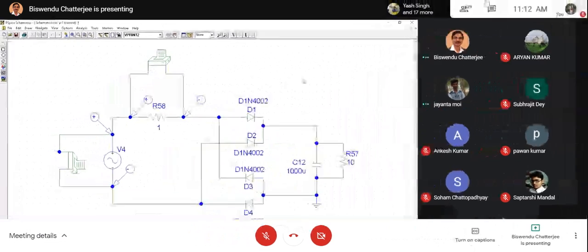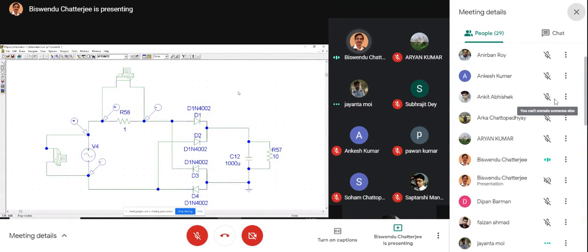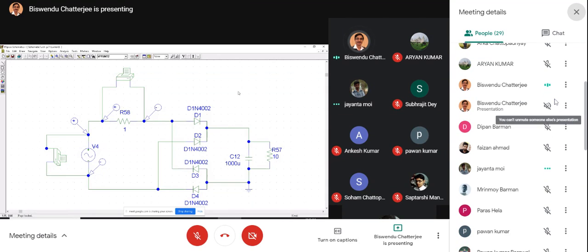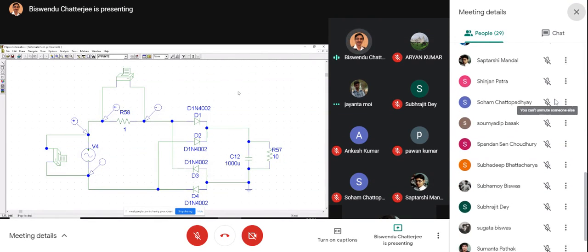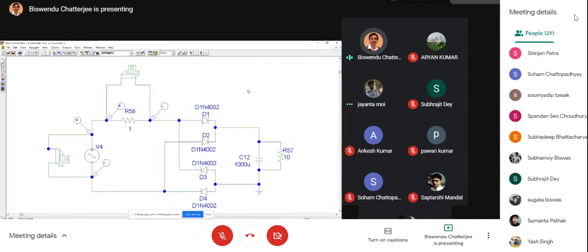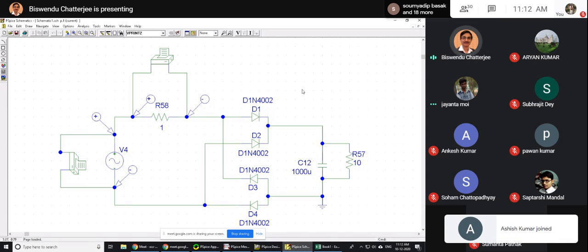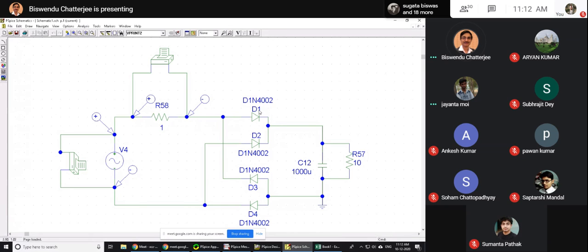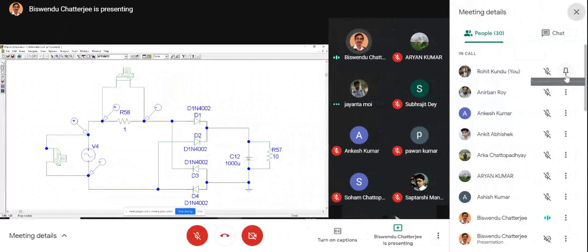Everything nowadays uses the SMPS structure, the switching mode power supply structure. The input circuit of the power supply is a bridge rectifier. It makes the alternating current DC, and this, the 1000 microfarad,